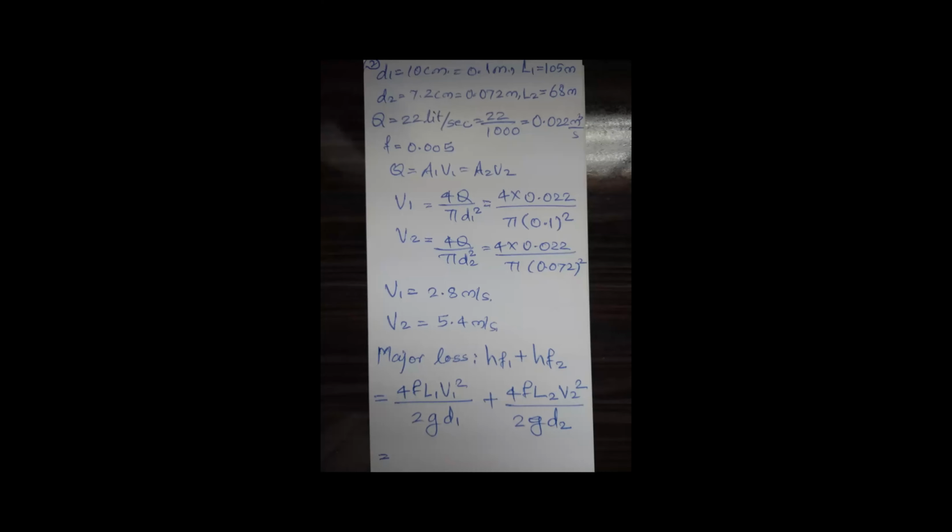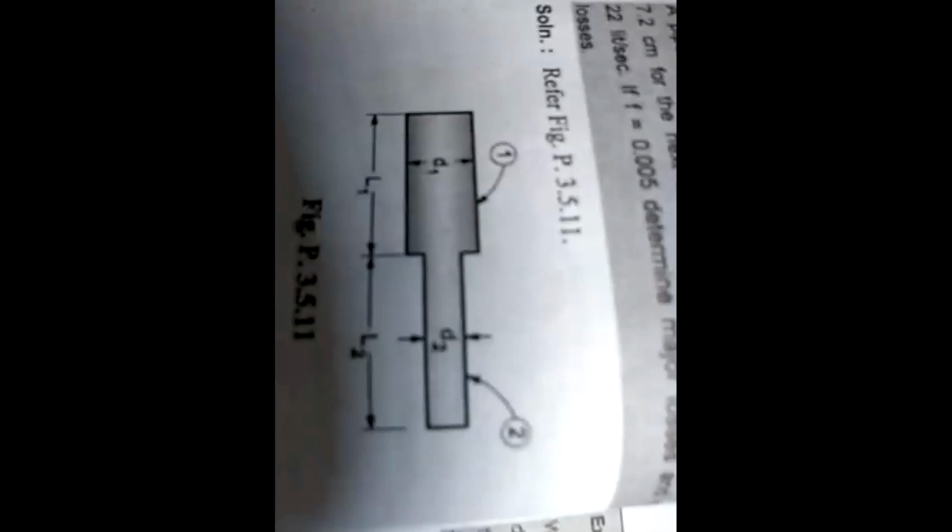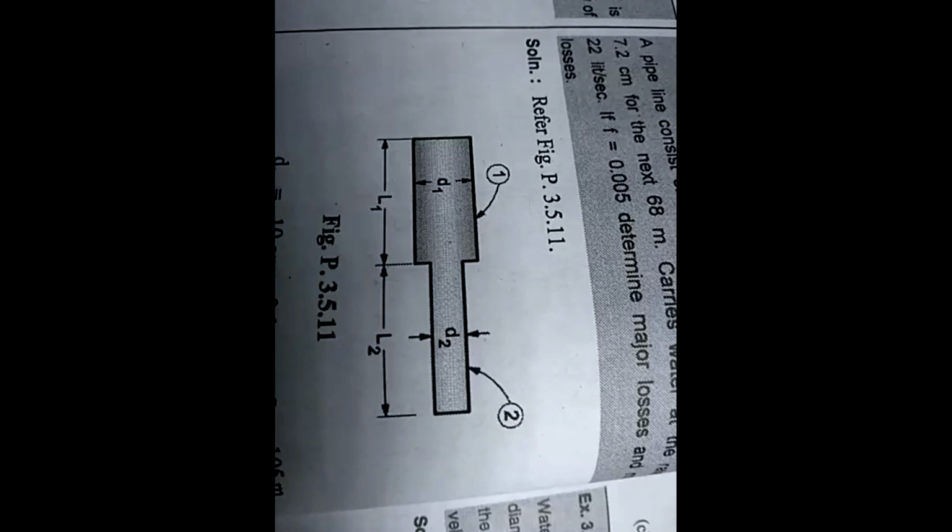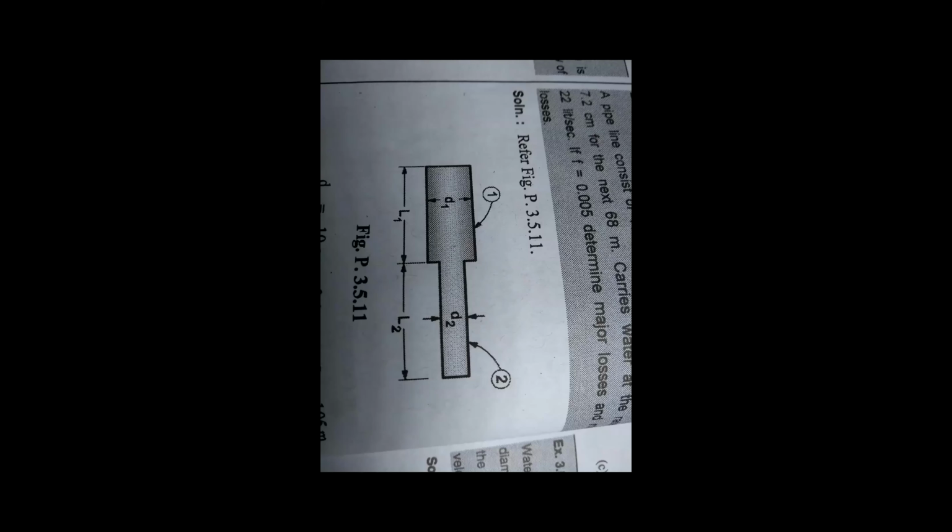But considering this figure, what losses should we take into account? Contraction. Yes. First is entrance. Second is contraction and third is exit. Because your fluid is entering from this side, it gets contracted and it again gets exit. So you require to have the three formulas at the entrance of the pipe, at the contraction, and at the exit.